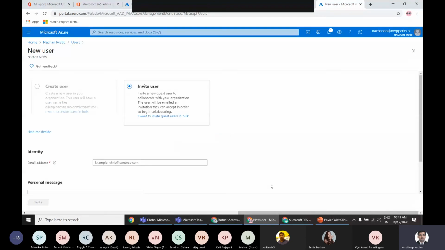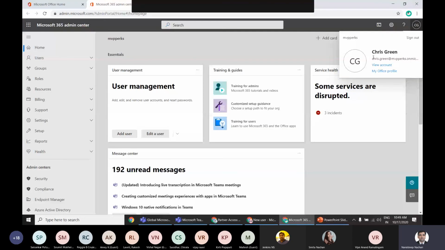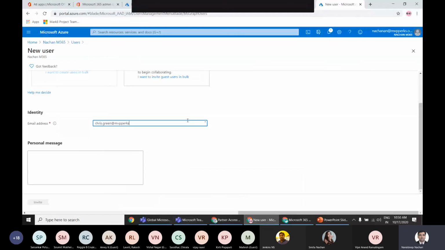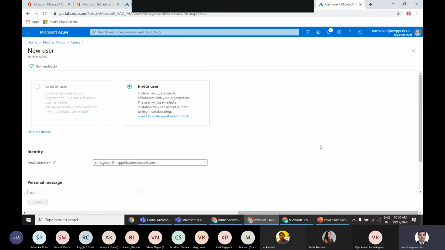So probably the next thing I wanted to do was add this Chris, who is a user inside my organization, to here. So maybe I will just quickly try to do it, and I will just invite this. Once we invite this, this user should also be able to get to be a part of Contoso. He will get that email, and then finally, once we go to